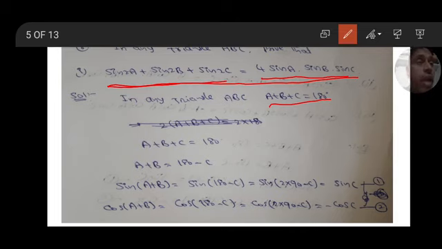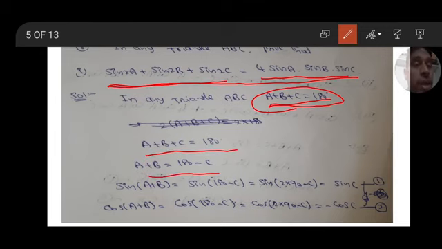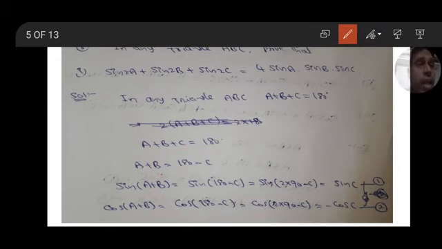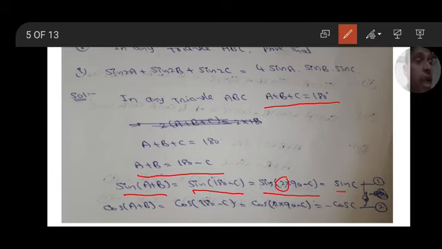So given in a triangle A plus B plus C equal to 180, A plus B equal to 180 minus C. Okay. In any triangle this condition is true. I am writing that as A plus B equal to 180 minus C. So I am calculating sin of A plus B, that is sin of 180 minus C. 180 minus C means sin 2 into 90 minus C. 2 is an even number, so sin becomes sin only, and 180 minus C means second quadrant. In the second quadrant sin is positive, therefore it is sin C.